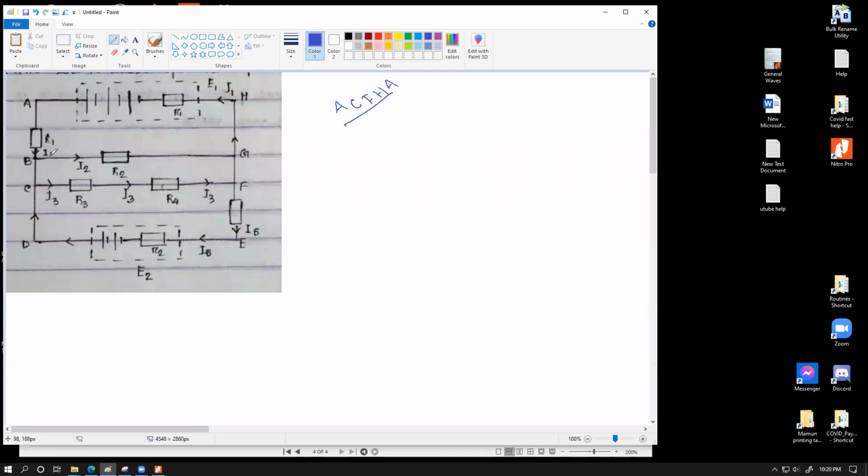From A to B, is there any resistance? Yes. R1. So we're going to write positive I1 R1. Then from B to C, do we have anything? No, sir. Forget it. From C to F, we have two resistors with a single current. Beautiful. So I3 into